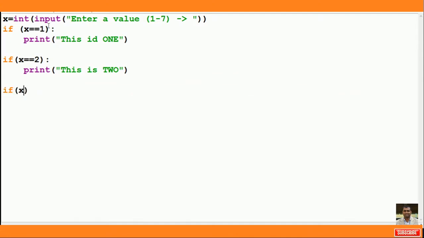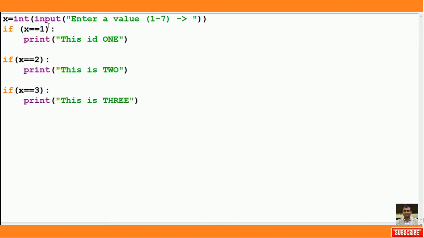If x equal to 3, then again print this is 3. Then I have to write a few more, understand?